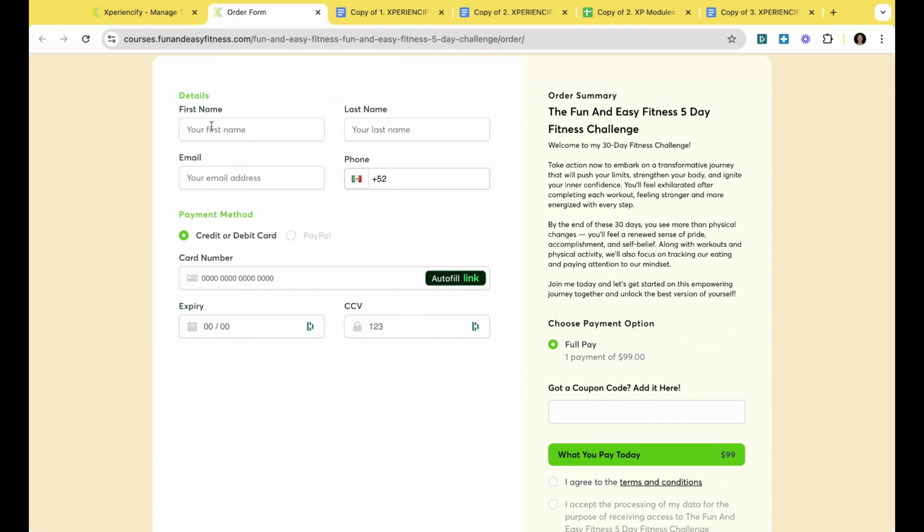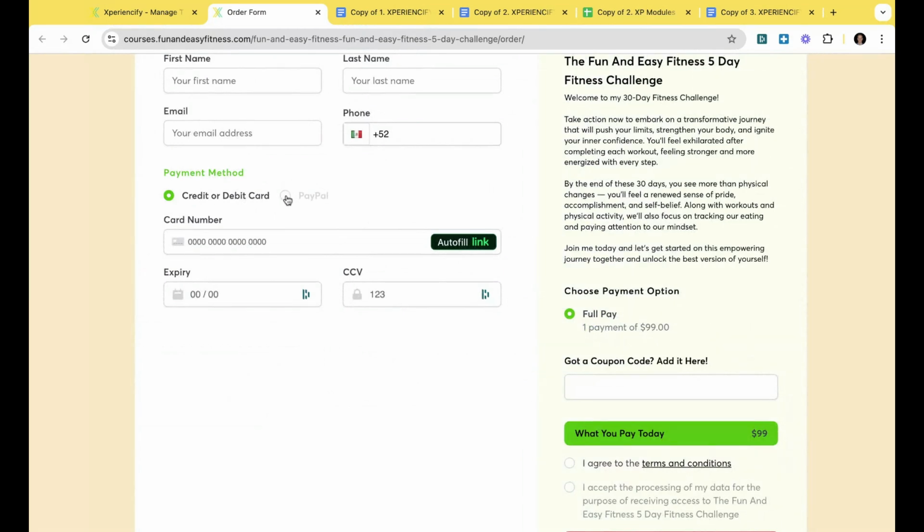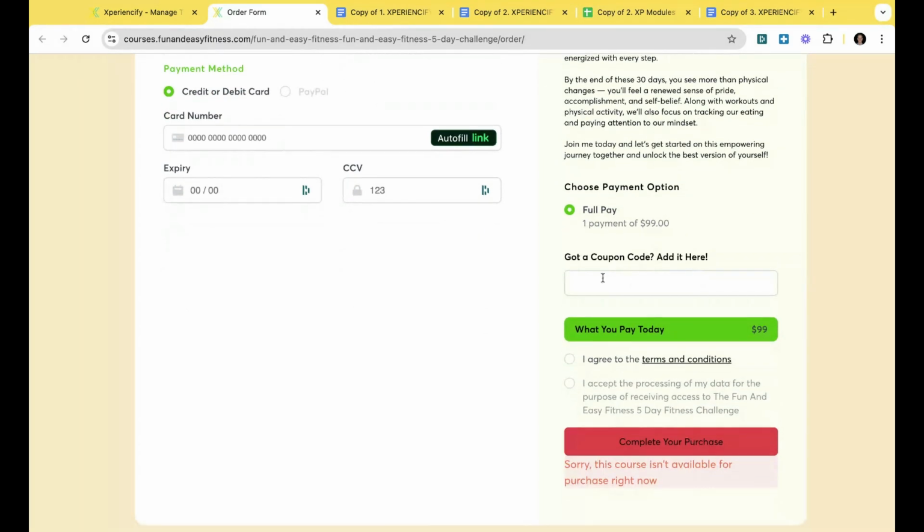You can see in this case, I'm going to ask for their first name, last name, their phone number. And then this is where they would put their credit card details in there. PayPal isn't an option because I have not enabled that in my account. This is where they can add that coupon code for, did I put 2025? Is that what it is? Yeah, look.